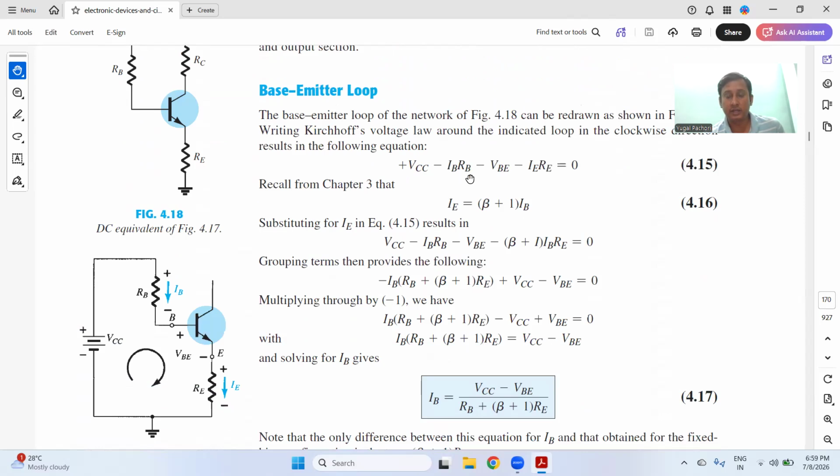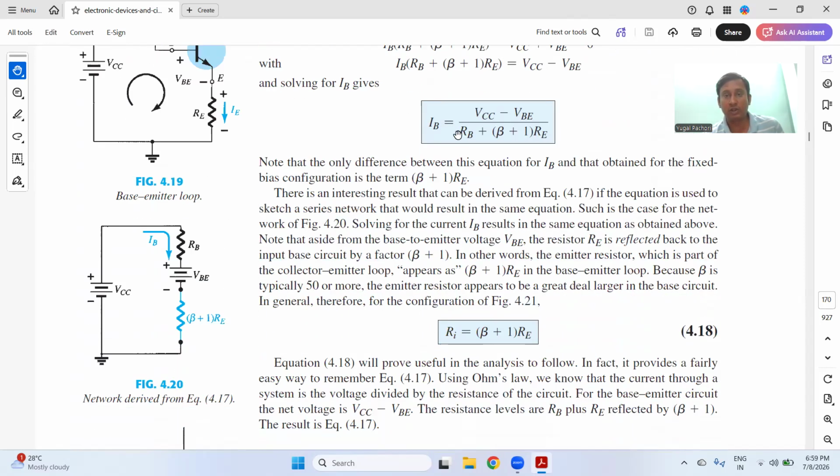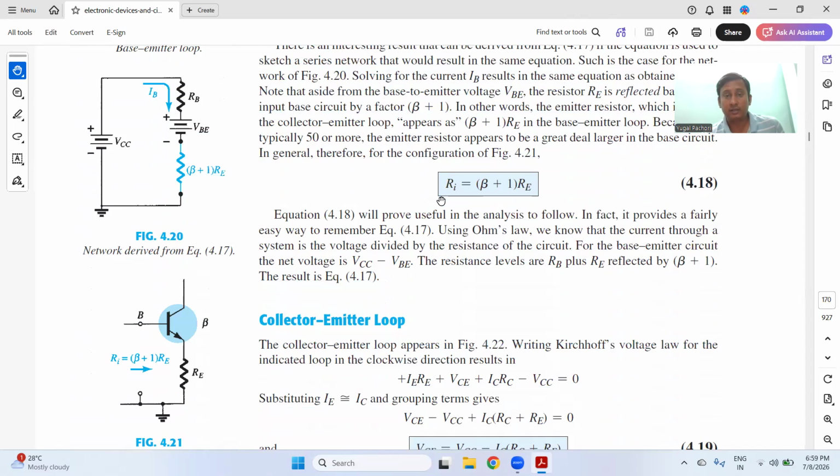This is 4.15. And you know what is the relation between IE and IB? IE is equal to (beta plus 1) times IB. So you can replace IB by IE, or you can replace IE by IB. So the other equation will give you IB, and the first equation will give you IB, and you can